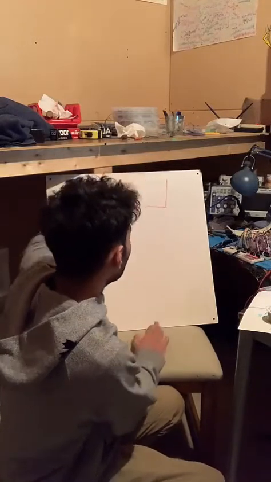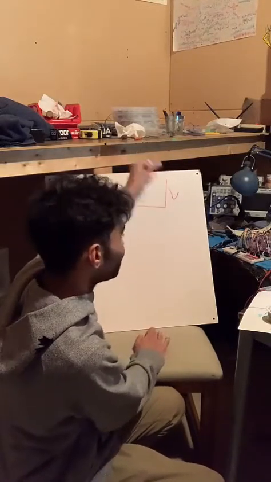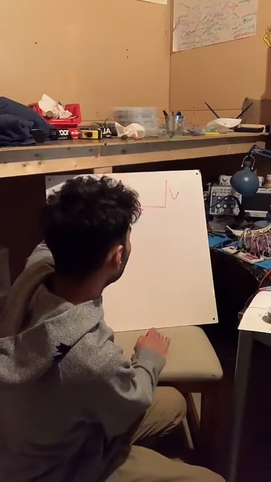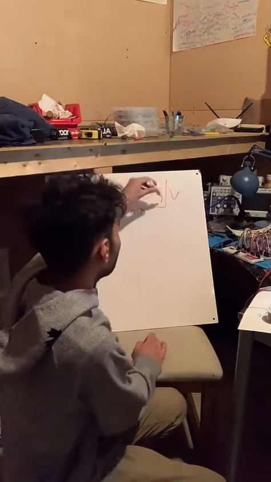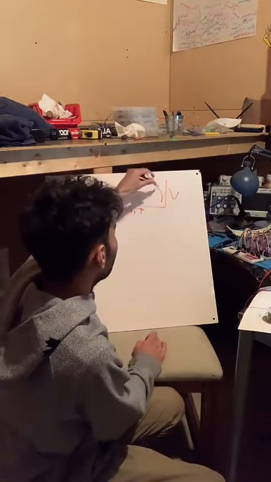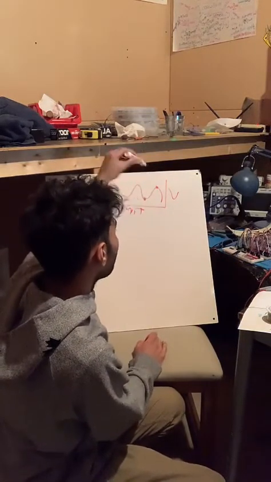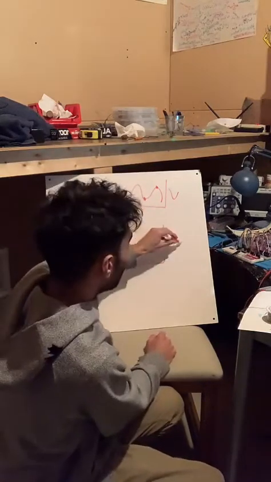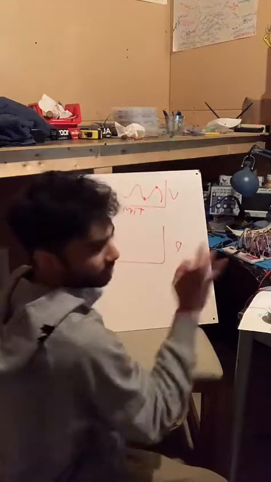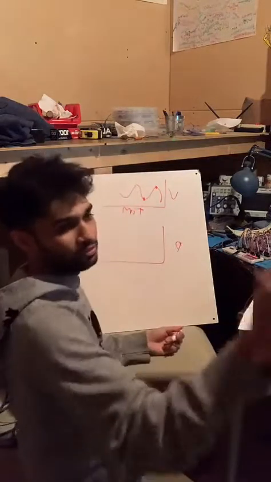So you could have a voltage, and you could have time, and I could have some signal like a sine wave. It just means that at some time it'll be at this voltage, at some time it'll be this voltage. We could also have it measured in power, but you can switch between power and voltage very easily.